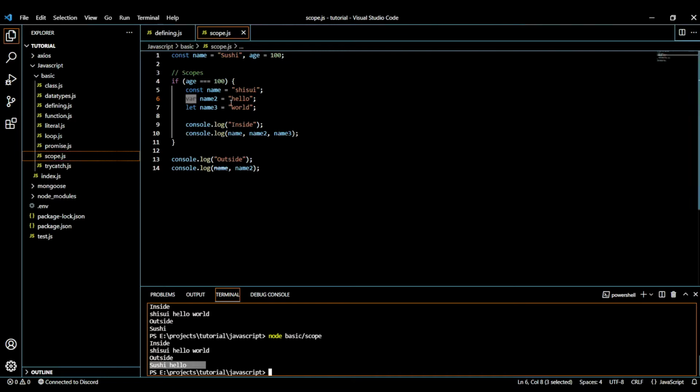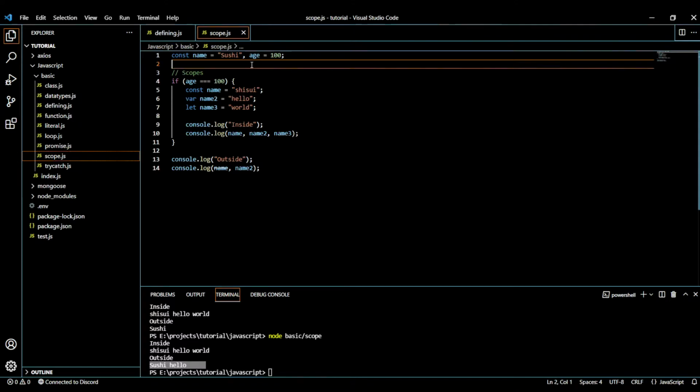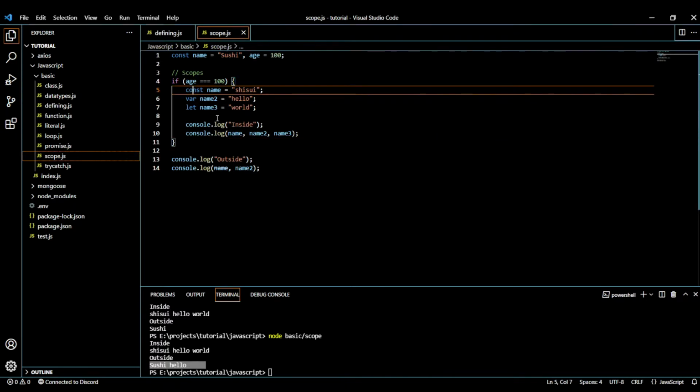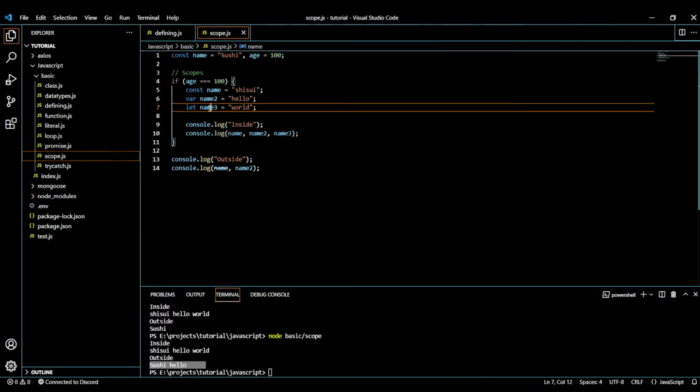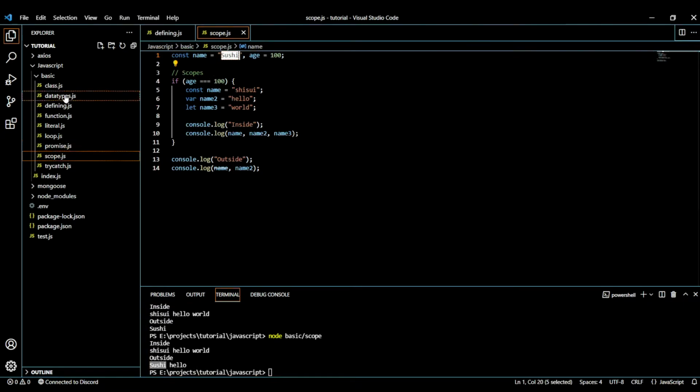The var hoists the variable so that it can work literally everywhere in your code. But if we use let or const, we cannot access them outside. And of course, we can override these by defining them in a different block. You can see it is one value inside and another outside. So that's all about defining them.